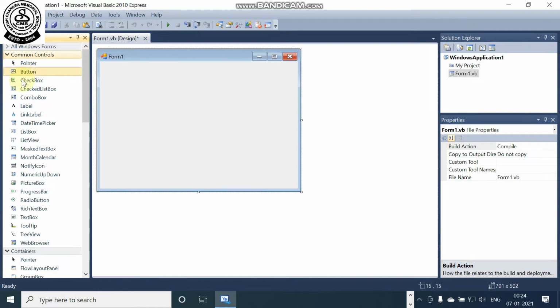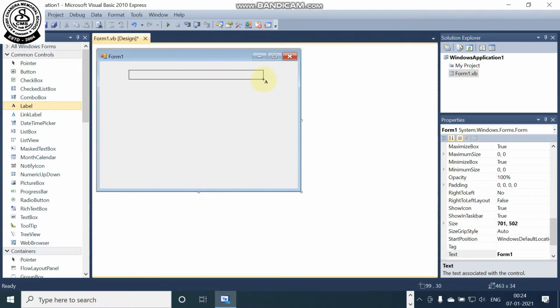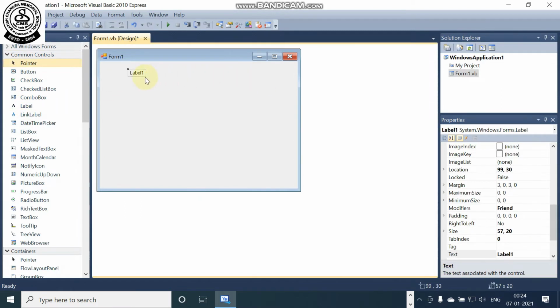First of all, we need to know the label box. Label box is the kind of box where we can write something in the form, because this is the form, this is the platform, this is the window that will be displayed when the application will be running. And here you can see that by default a form is given, and this is called GUI or graphical user interface.